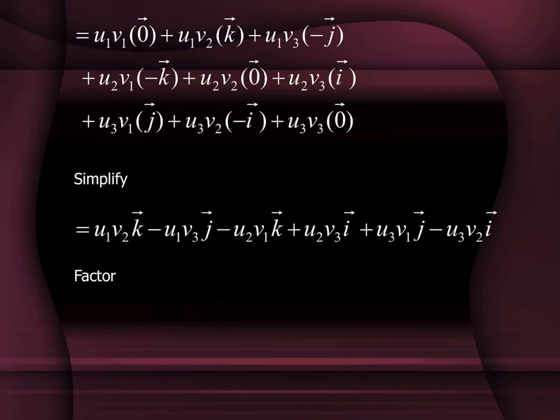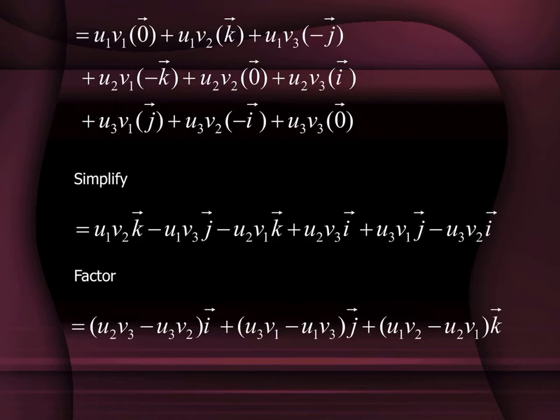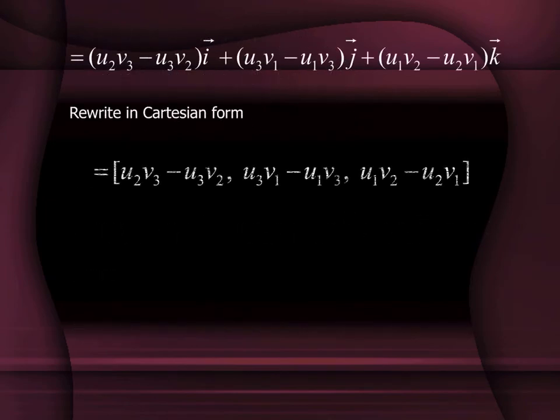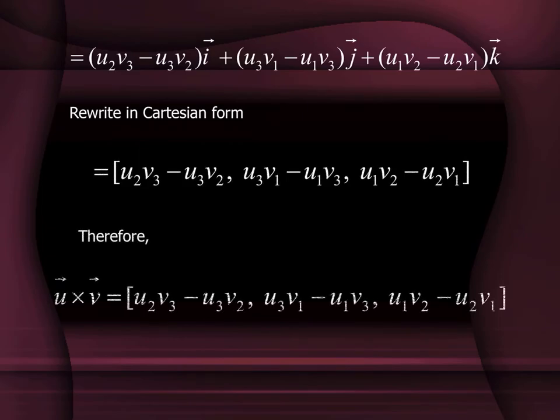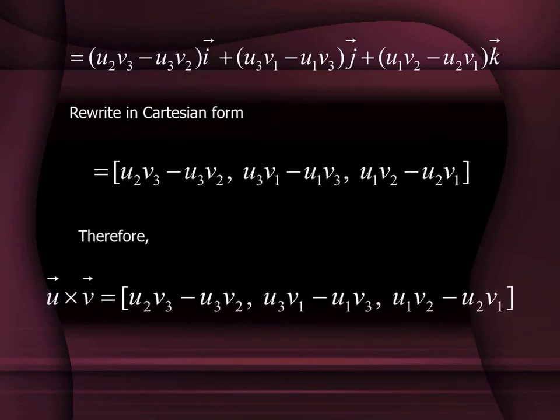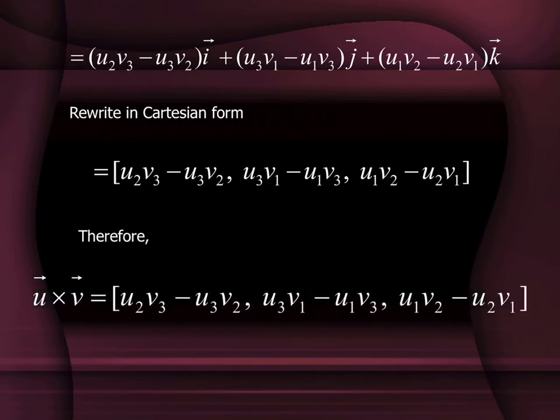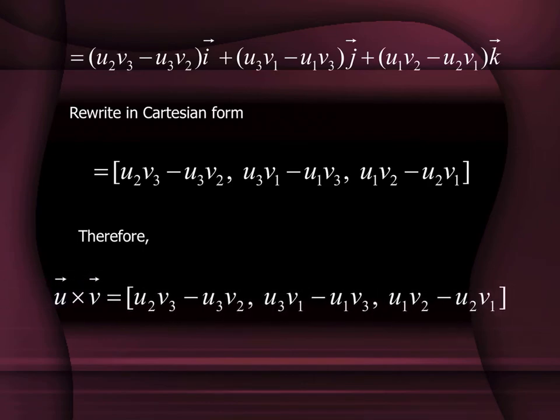And I'm left with u1 v2 with the k vector, minus u1 v3 with the j vector, minus u2 v1 with the k vector, plus u2 v3 with the i vector. And it's starting to look like what the original proof said. If I just rearrange them with the i vectors and j vectors and k vectors, it's not long before I get exactly the proof. It is such a stunning, beautiful proof, and a great example of why i, j, and k are so valuable, because fairly easily,